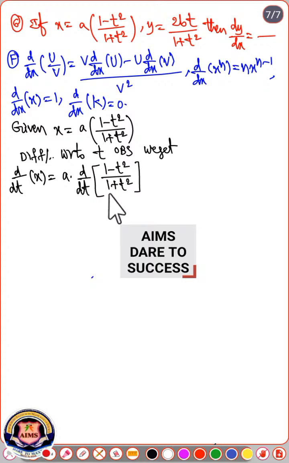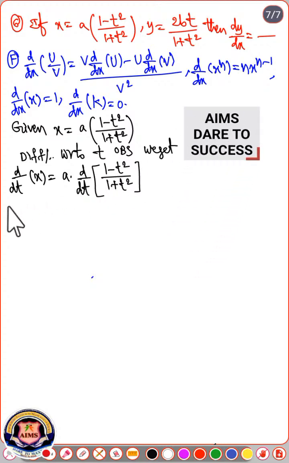This looks like u by v formula. So this is dx by dt is equal to a into derivative of u by v,